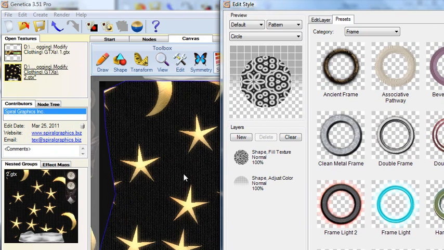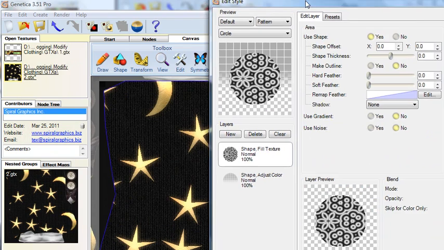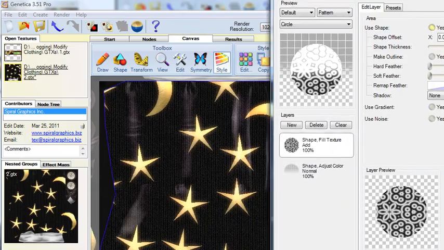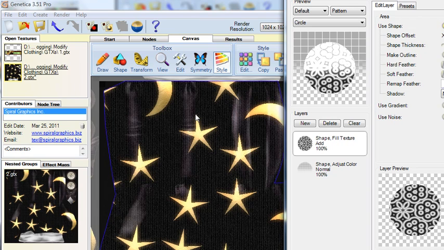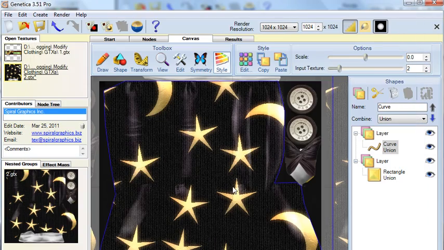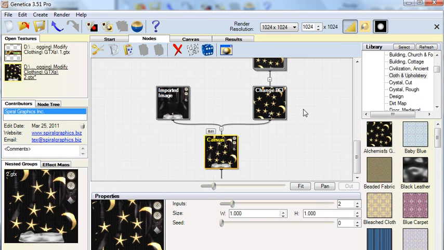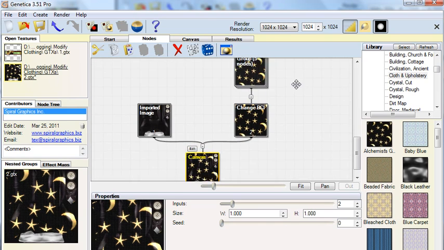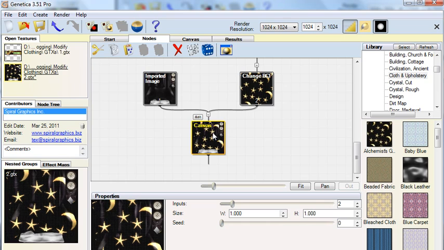The new texture is completely overriding the old one, but if I select that layer, I can change the blend mode to add. And now the details are being added into the layer below it. Now what's interesting is if you go back to the Nodes tab, you can make any changes you want to this texture. For example, I think those stars will be way too big, so I can go to Basic Nodes,